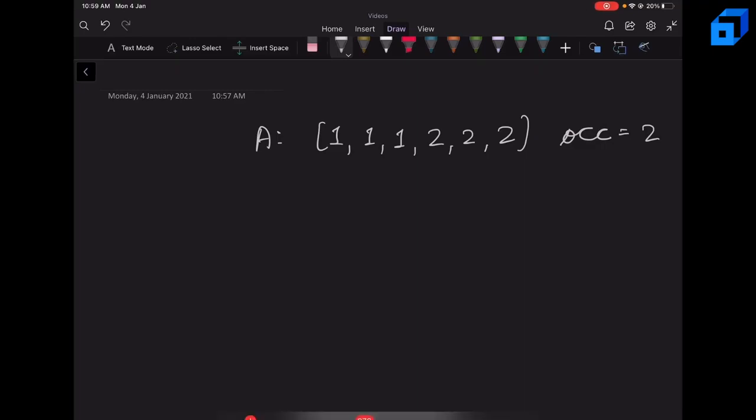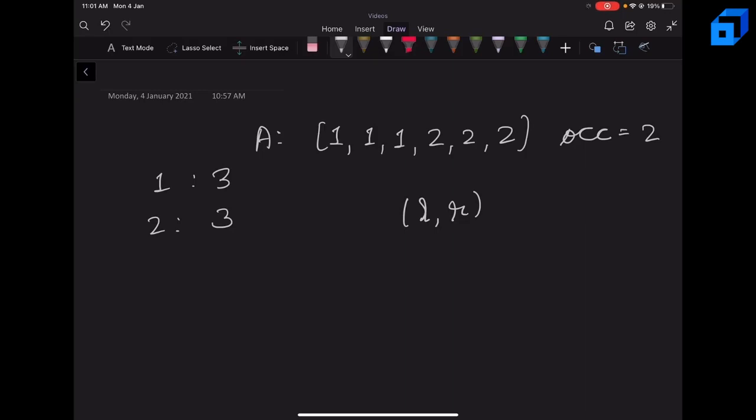So since we need to delete a subarray, let's say we will keep a frequency array as well. So this is the frequency array. The frequency of 1 is 3 and the frequency of 2 is also 3. So since we are deleting a subarray, we know that a subarray will be like L to R. It will have a left range and a right range. So we can actually iterate over all the possible values of L. But now we also need to find R. So how do we do that?